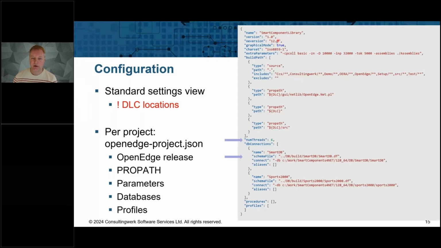The build path is an interesting one, and it splits kind of like PDS does. It splits your build path into two types of entries, one being the propath stuff, which is just used for reference, as it were. The other, the source type, is what gets built. So you can have multiple of those in there depending on how your propath is structured, depending on how you want them built. There's an additional option called